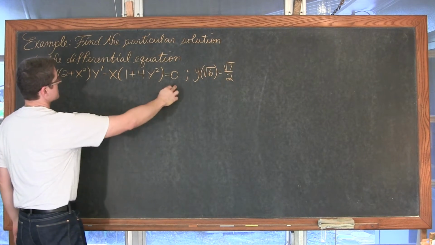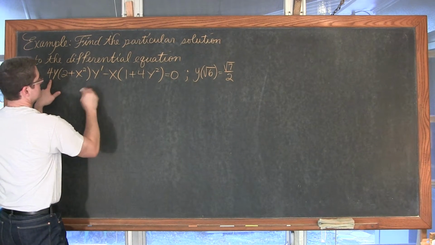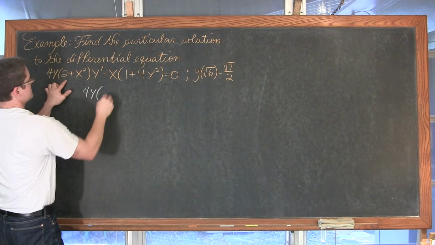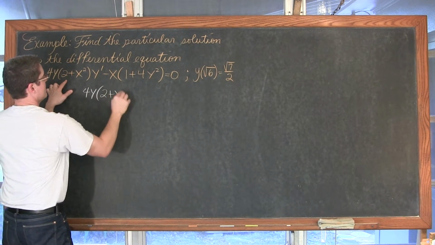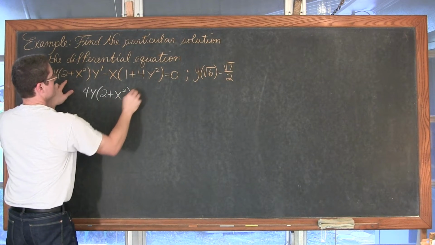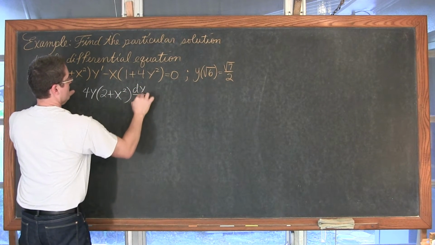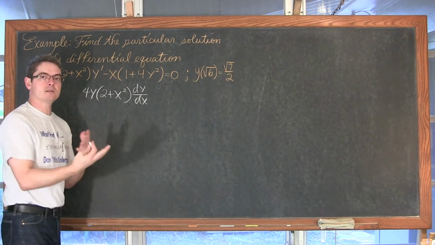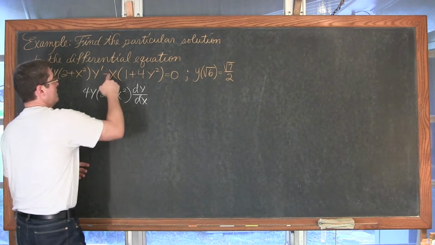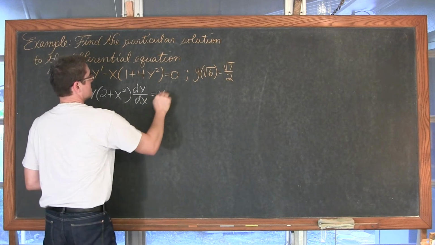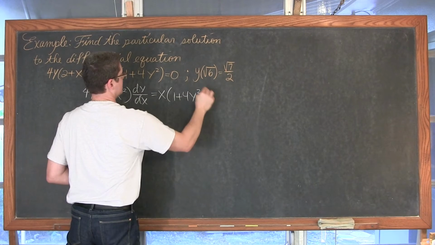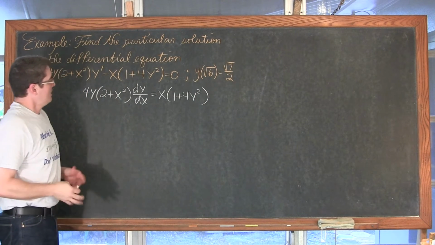We're going to add that to both sides, and we get, I guess maybe I'll start writing here, 4y times 2 plus x squared dy dx, instead of that y prime, to more easily see the separation of variables we need to create. Add that to both sides and we get x times 1 plus 4y squared, and that's it. Okay,